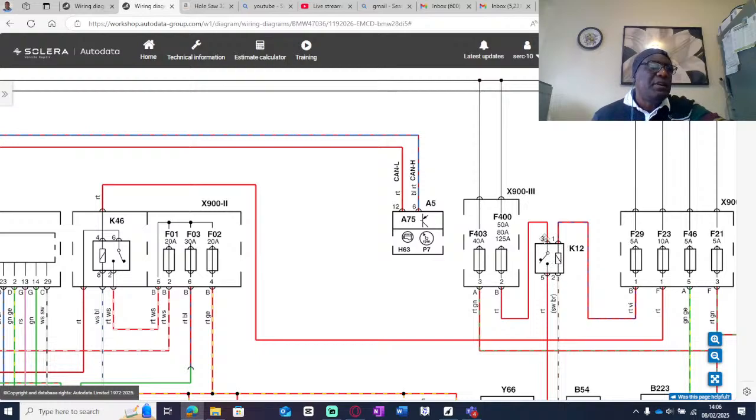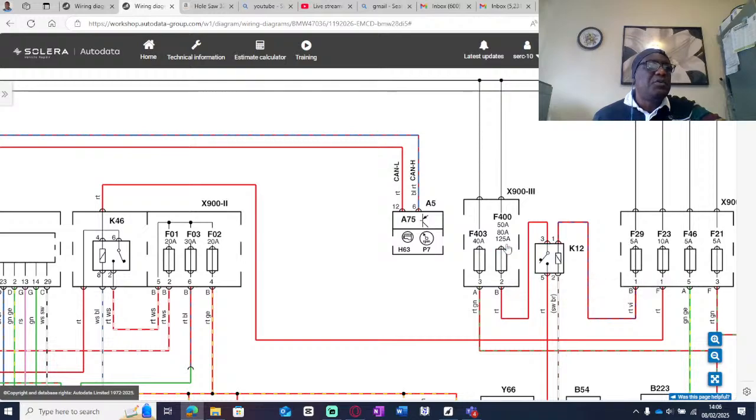You have number 1, number 2, number 3, number 5, and then you have number 4. Which means that when this relay is open, it is actually powering something, another circuit,